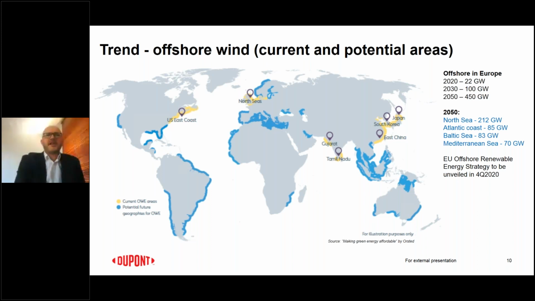Still focusing on the North Sea and Baltic Sea, which is the best wind resource, but in 10 years it may be multiplied by 5, and in 2050 that could be multiplied another 4 times. So there is a huge potential identified in Europe, mainly in the North Sea, Atlantic coast, Baltic Sea, while the other regions, of course, they will also develop the offshore wind